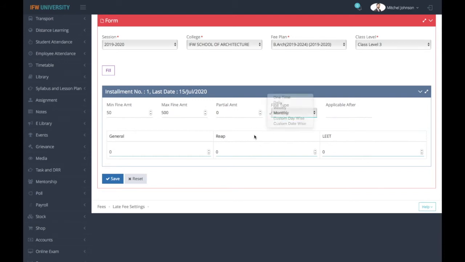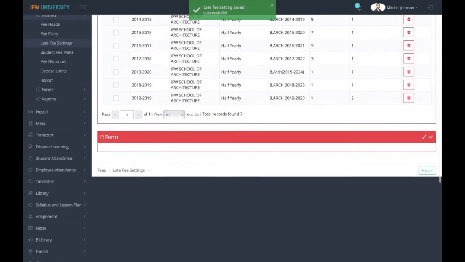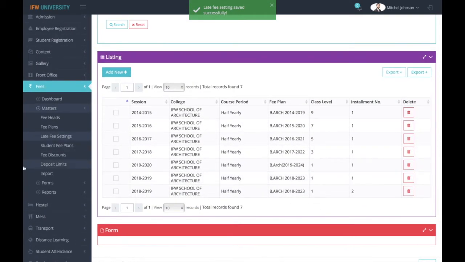So this is how late fee settings are made. Now if you want to charge it separately on separate categories, you can do that. Like general students will be paying 50 rupees, REAP students will be paying 30 rupees, and the NEET category students will also be paying 50 rupees. So this is how your settings will be applicable on the students.